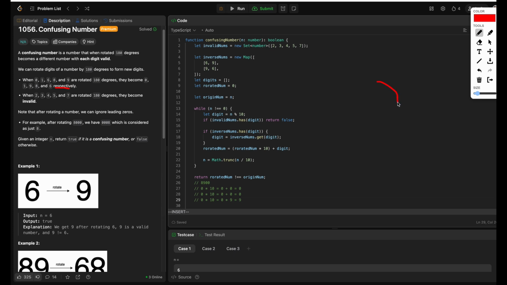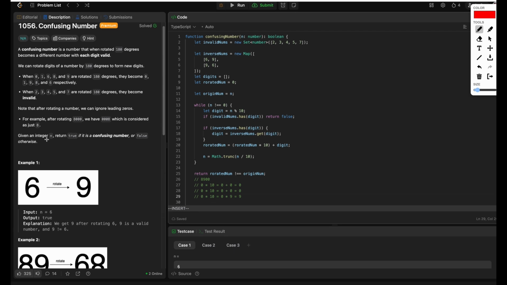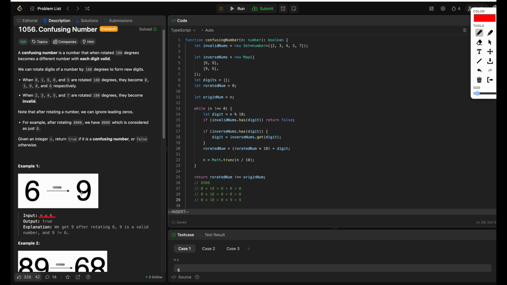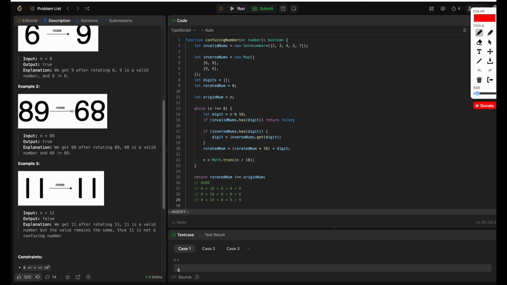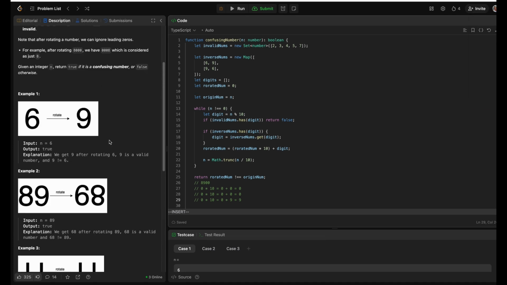Okay. We have some number, for example in this example we have a 6, and in this example we have an 89. And the question is,